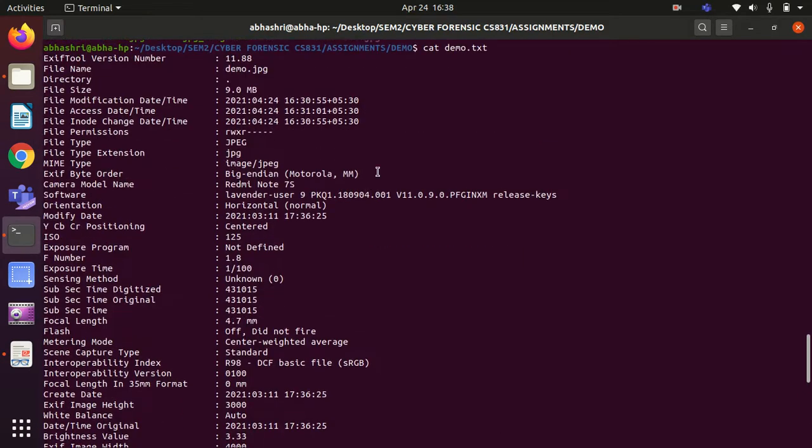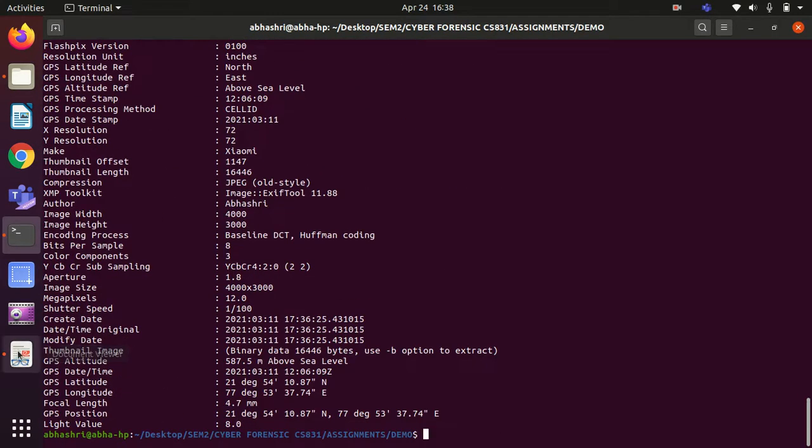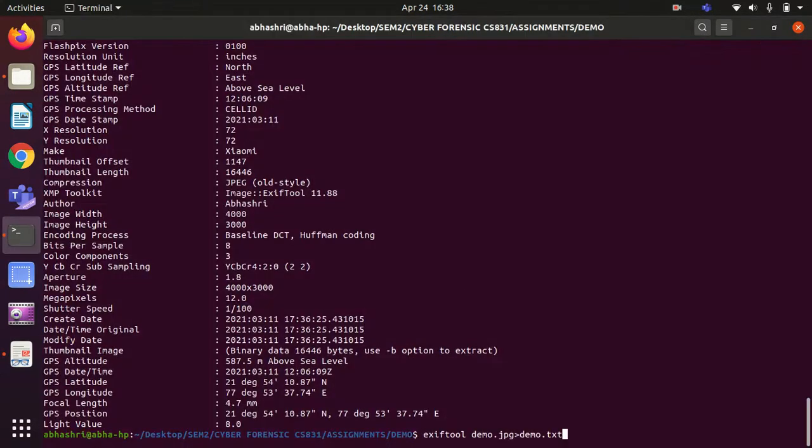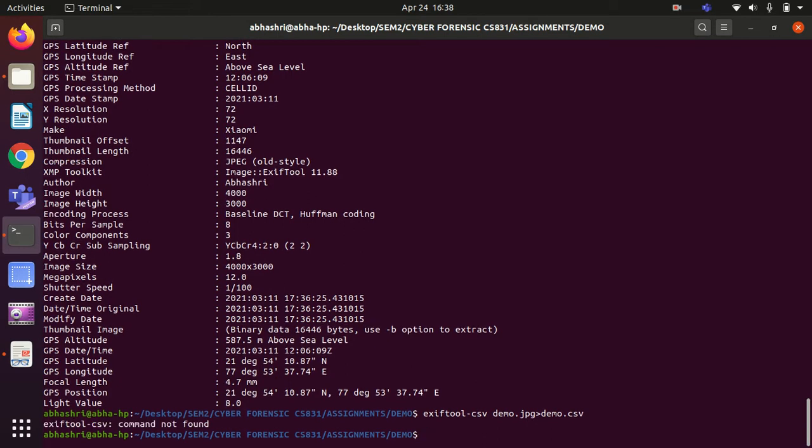The next file format which we had covered in our section is CSV file. So for checking the CSV file also we are going to do the same, just the option instead of -h, it is going to be -csv, and the output file format is going to be of extension CSV. Oh, sorry, I made a mistake, I didn't put a space over here. Yeah, see. Okay, so we can again list up.